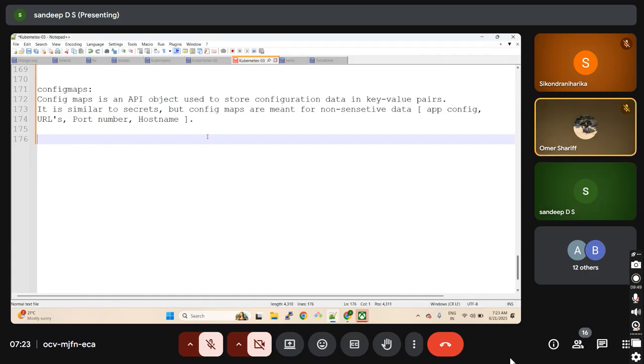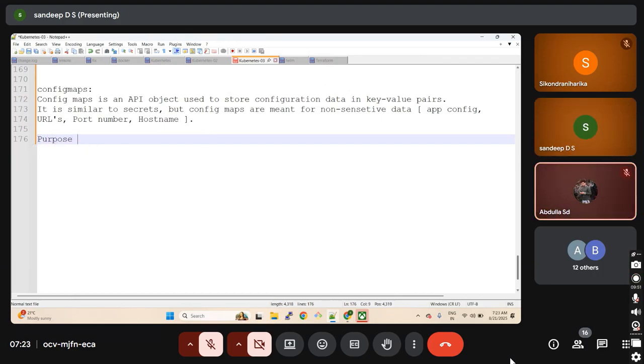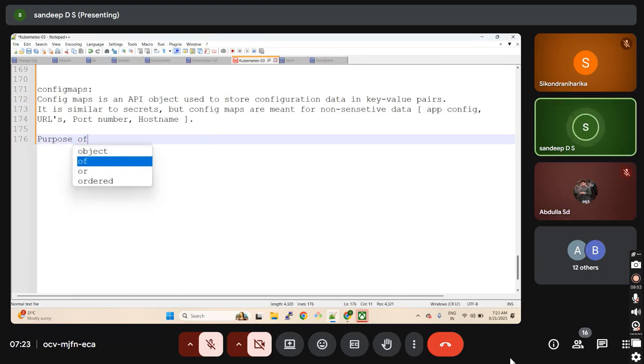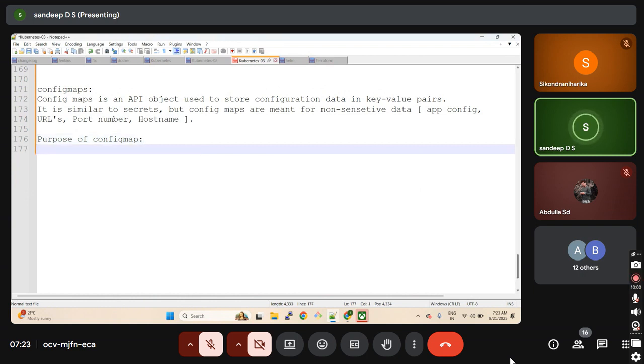Yes, sir. Okay, now for what purpose do we use a config map? So I'm going to give it point-wise here. Purpose of config map. It is used to